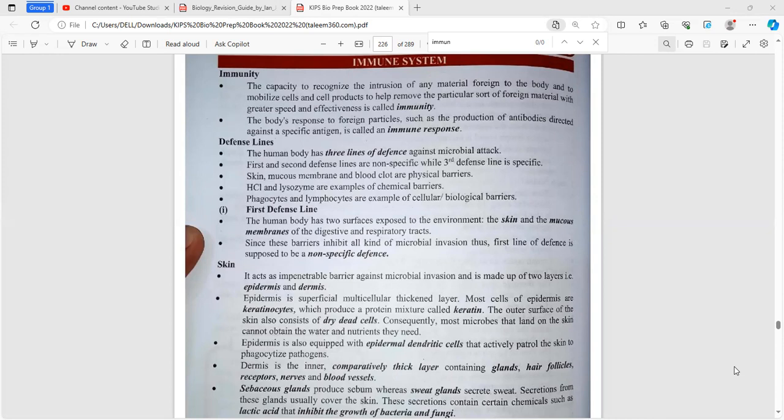However, if there is a wound and a rupture of the epidermis of the skin, then invading organisms such as bacteria can pass through that and give rise to various types of infections such as abscesses, boils and carbuncles, etc. Now, within the first line of defense, the other things are